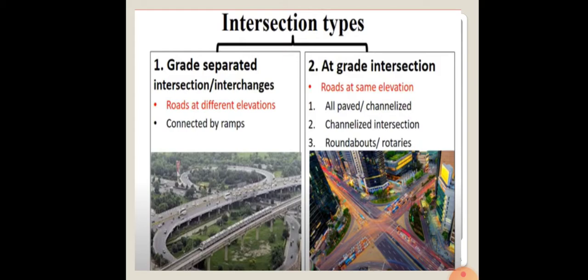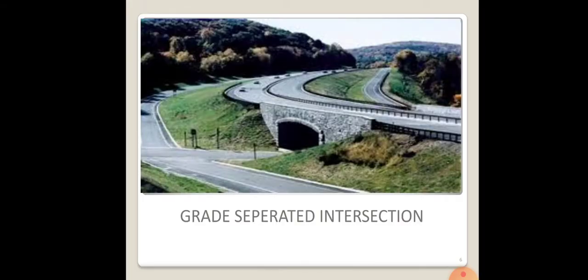Also, we'll be discussing the grade separated intersection in today's class. So we can say that a grade separated intersection or interchange is actually a bridge that will eliminate the crossing conflicts at the intersection point by a vertical separation of roadways in space. And also the route transfer in the case of a grade separation is accommodated by interchange facilities which consist of ramps. That is, there will be a change in the grade when the two roads meet, so there will be a provision of a ramp.